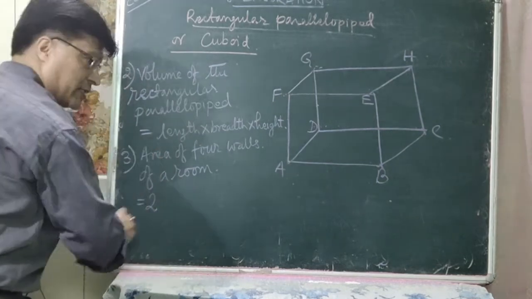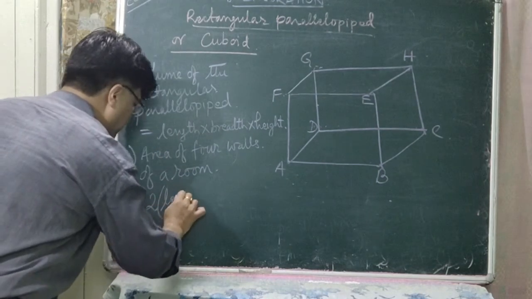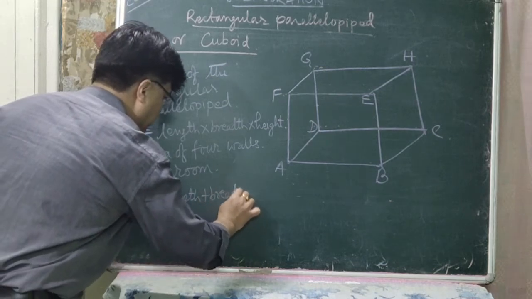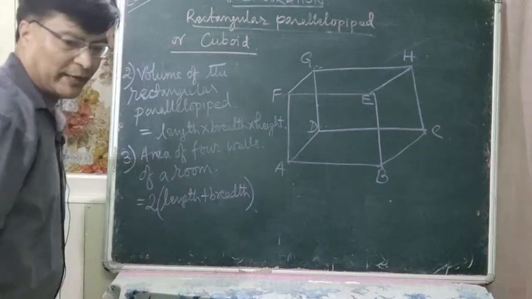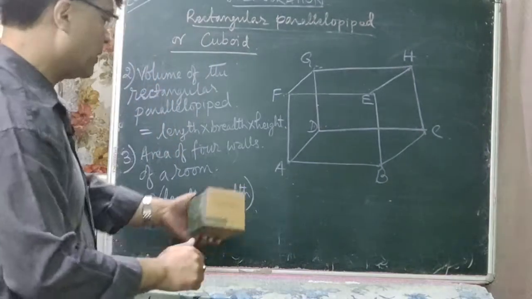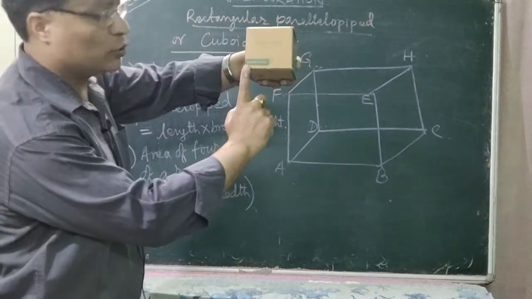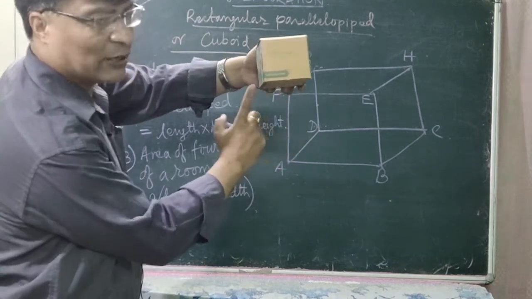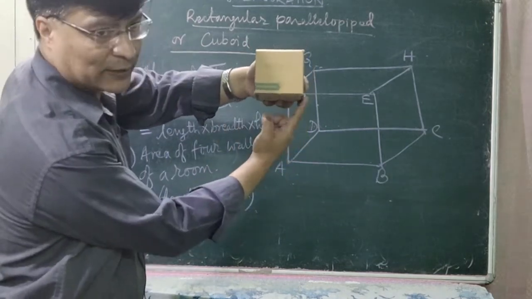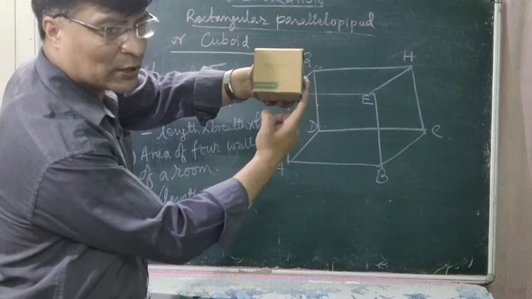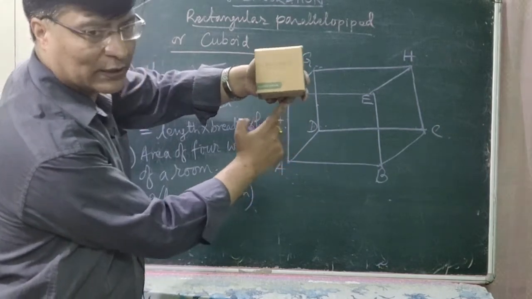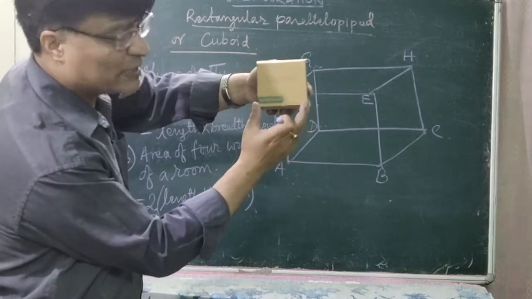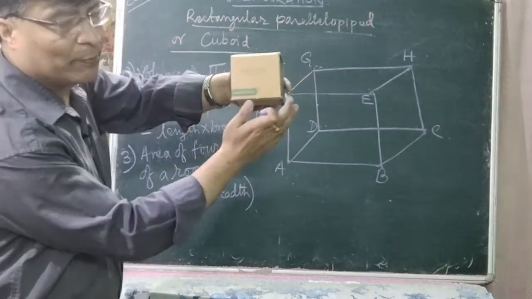is equal to twice within bracket length plus breadth. ठीक छ, हामीले यो जुन चाहिँ रेक्ट्याङ्गुलर प्यारालेलोपाइपेडको बेस छ, यो बेसको पेरिमिटर निकाल्यौं। दिस इज लेन्थ, दिस इज ब्रेथ, त ट्वाइस इन्टु L प्लस B गर्दा यु विल गेट द पेरिमिटर अफ द बेस। पेरिमिटर अफ द बेस निस्कियो किनभने यो बेस रेक्ट्याङ्गल हो, त रेक्ट्याङ्गलको पेरिमिटरको फर्मुला